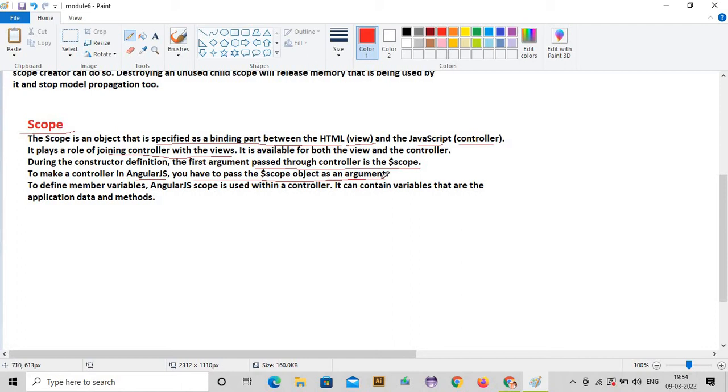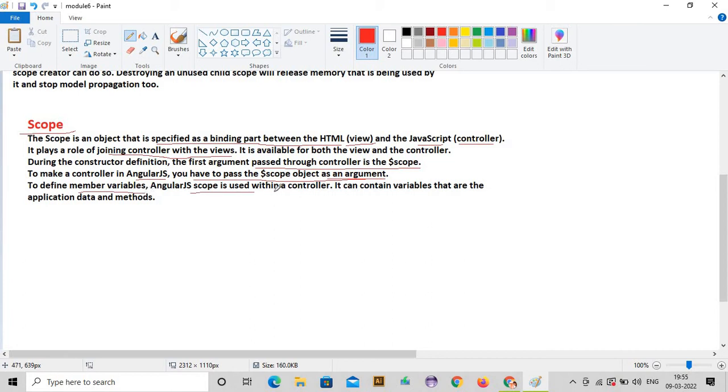That means you are writing app.controller of controller name, comma, followed by a function that contains $scope as an argument. Then to define member variables,